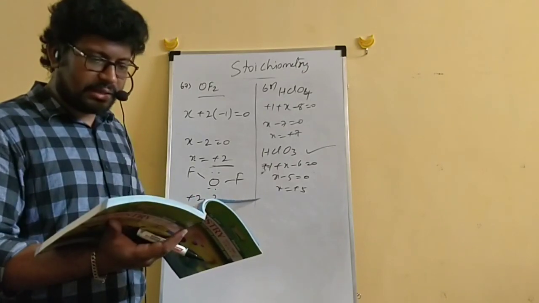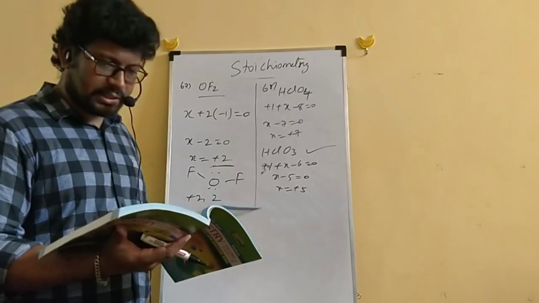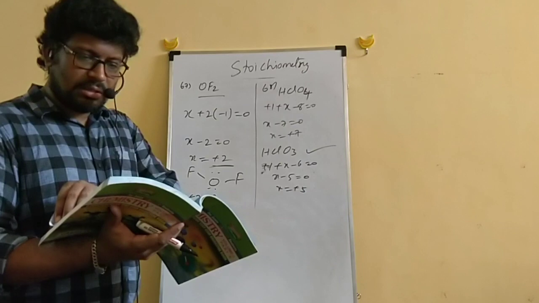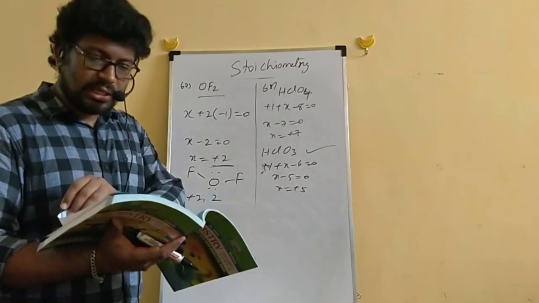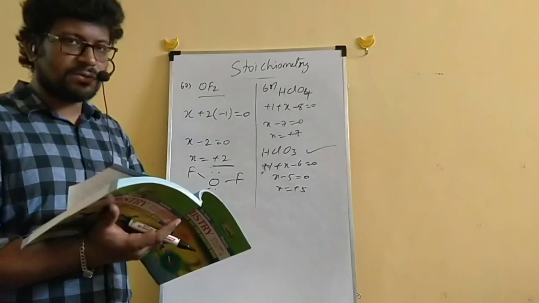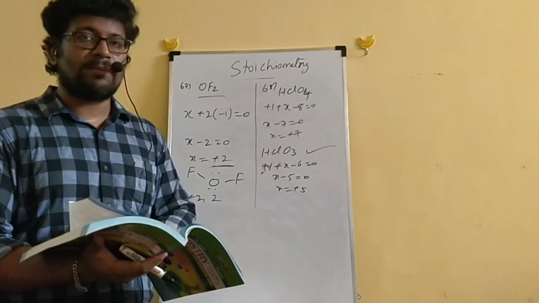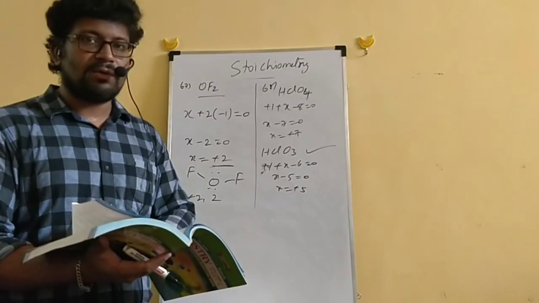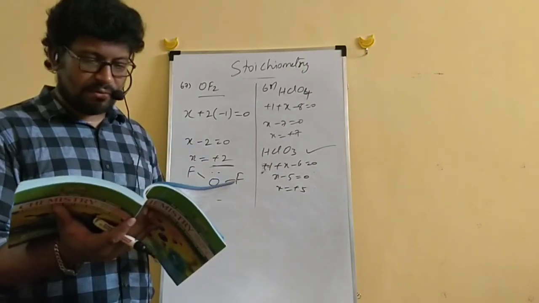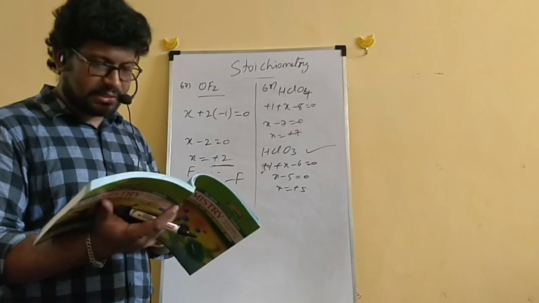Mainly the doubts you will get are in equivalent weights, which we have seen, and in how to calculate the oxidation numbers if you get the equation part. Today we have also seen how to calculate the equivalent weights. For whichever compound they ask the equivalent weight, we have to concentrate on that compound and react accordingly. Otherwise it is very difficult. Next, we will go through stoichiometric calculations in the next class.